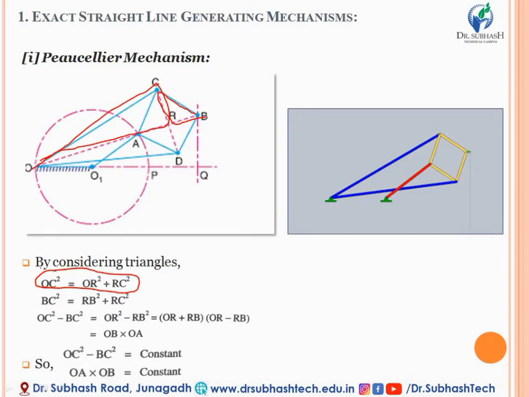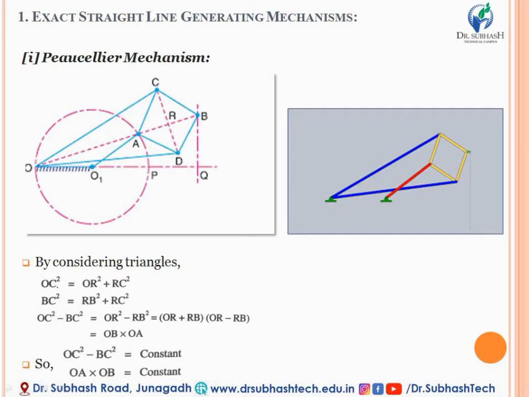It is basically the Pythagoras theorem. Similarly, from triangle BRC, BC square is equal to RB square plus RC square. Now you can easily convert both equations into a third equation